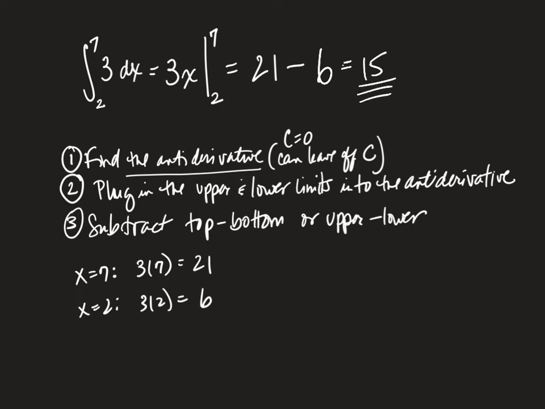So this is really the reason why it's called a definite integral. You get a definite answer, right? There's no variation. There's nothing that's unsettled. There's nothing that's indefinite. This is definitely a definite answer, right? 15 is about as definite as you can get, right? All right, so let's try another one.